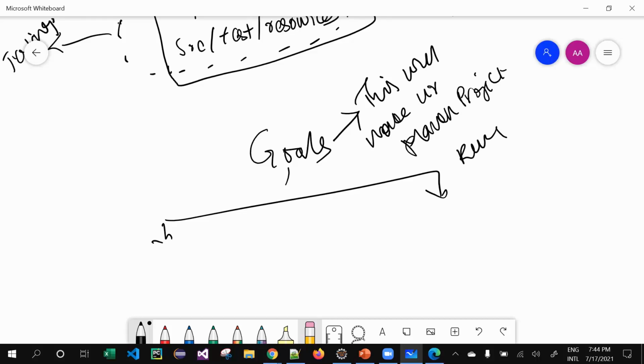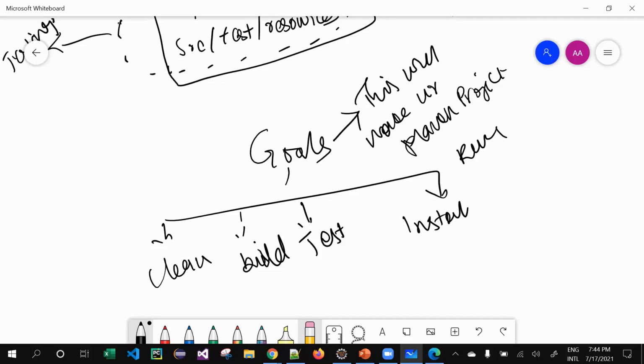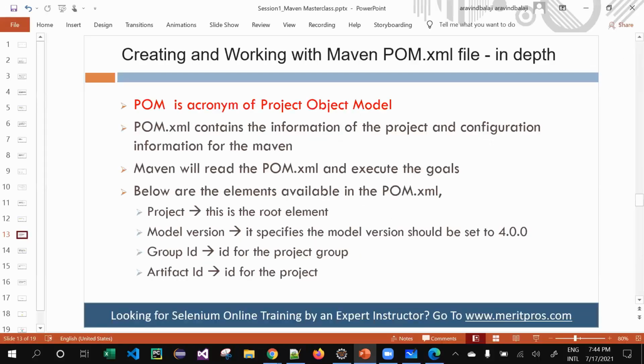To highlight the basic goals, we have clean, build, test, and then we have install, and then package. These are the most frequently used goals, and again we'll be seeing them in later sessions.